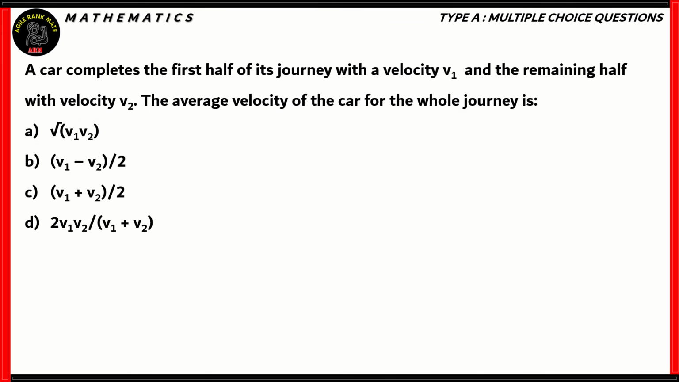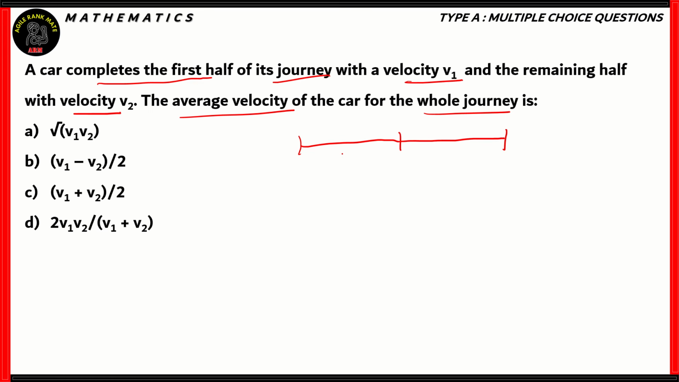Now let's look at a question from mathematics. It might sound like one from physics, but there is a mathematical element to it. A car completes the first half of its journey with a velocity v1 and the remaining half with a velocity v2. Find the average velocity for the whole journey. Well, for that, we will divide the journey into two halves. Each half has a distance s, so the total